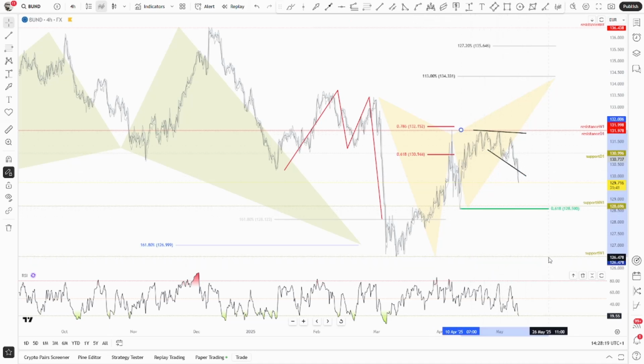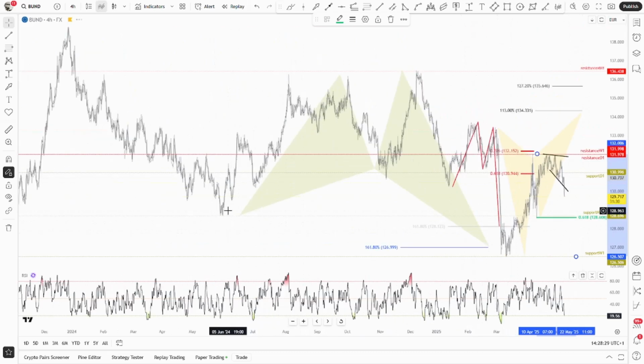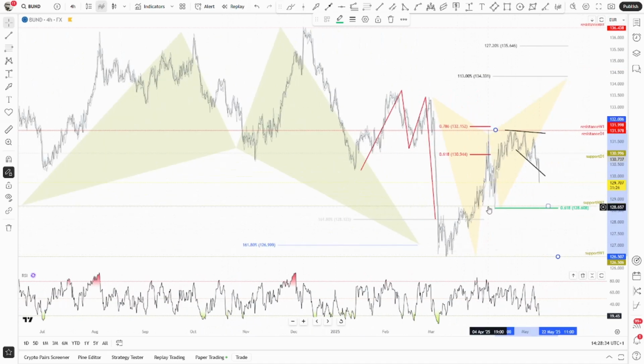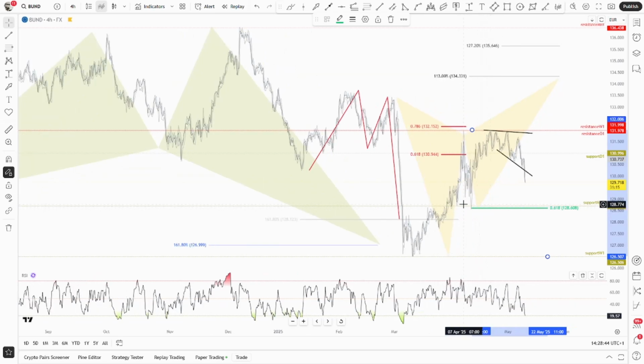Let's see how the market approaches the previous support level, guided by this golden Fibonacci retracement level, 128.60, monthly fractal support level, also from May last year. So we saw this level being very important recently. Basically, we saw it used as a resistance and as a support most recently at 128.69, basically the golden Fibonacci acting as an element of support. So if the price approaches this level again, I will be